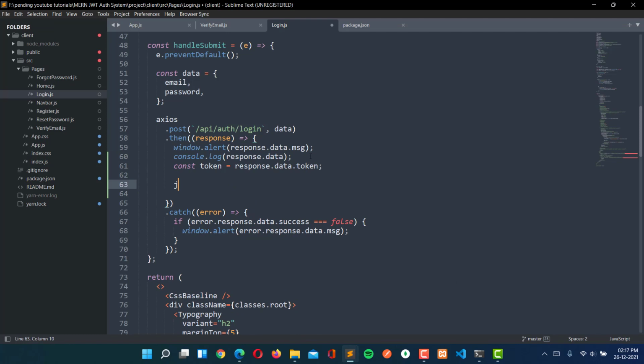Here first of all I'm going to add this token to our local storage. So I'm going to use localStorage.setItem.